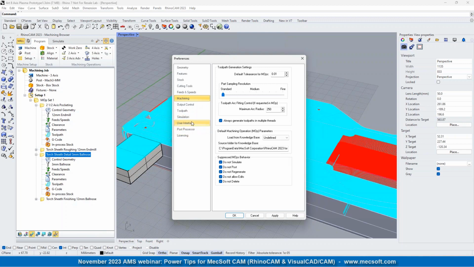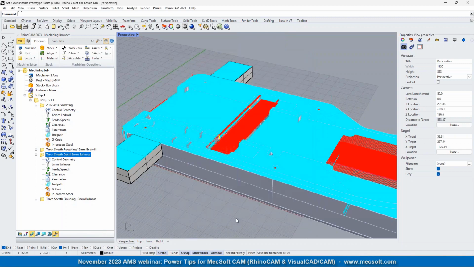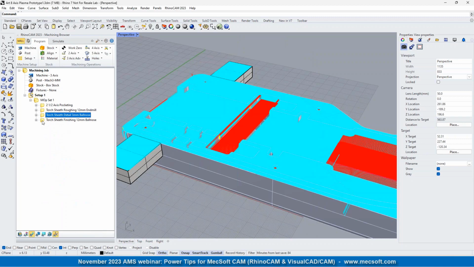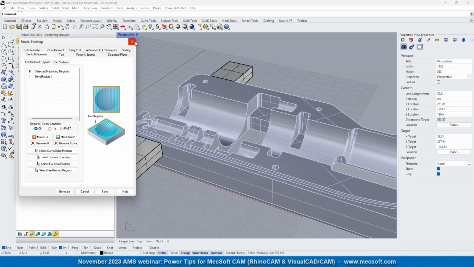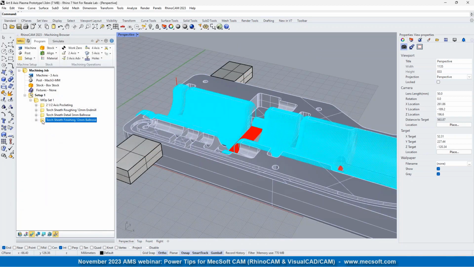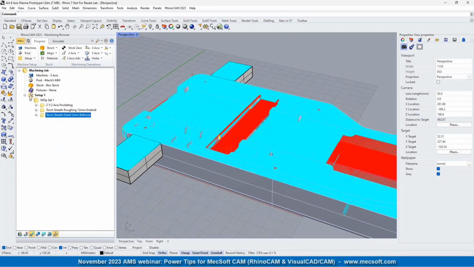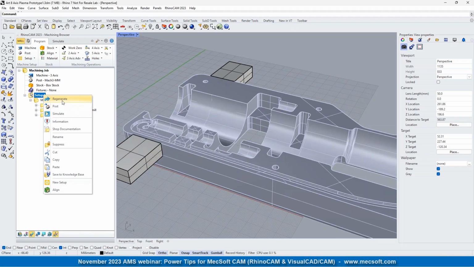Also, I want to mention this option right here, always generate toolpaths in multiple threads. Any computer that you buy today is going to be a multi-core computer. If I have it checked, then I'll just pick OK there. And let's go ahead and I'm going to actually delete that for now. And so when you regenerate all of them,